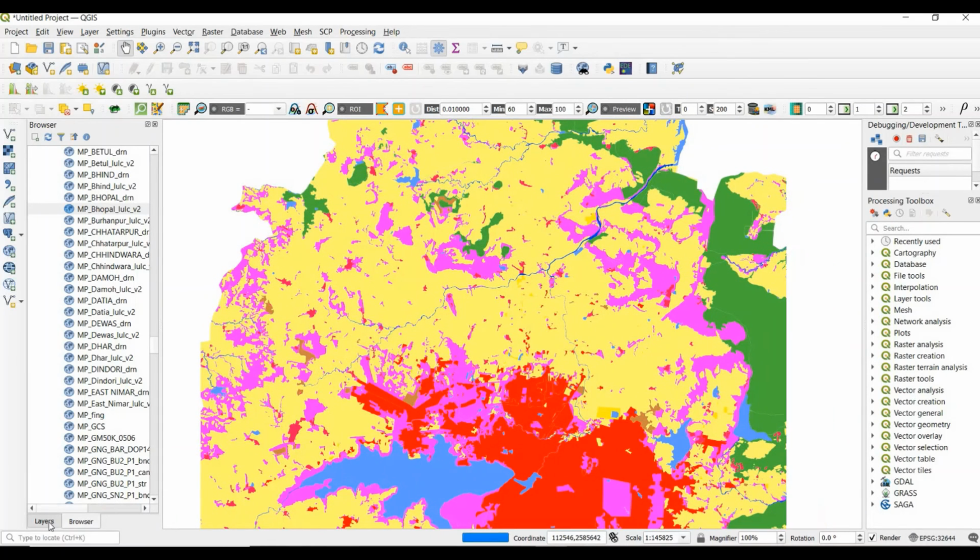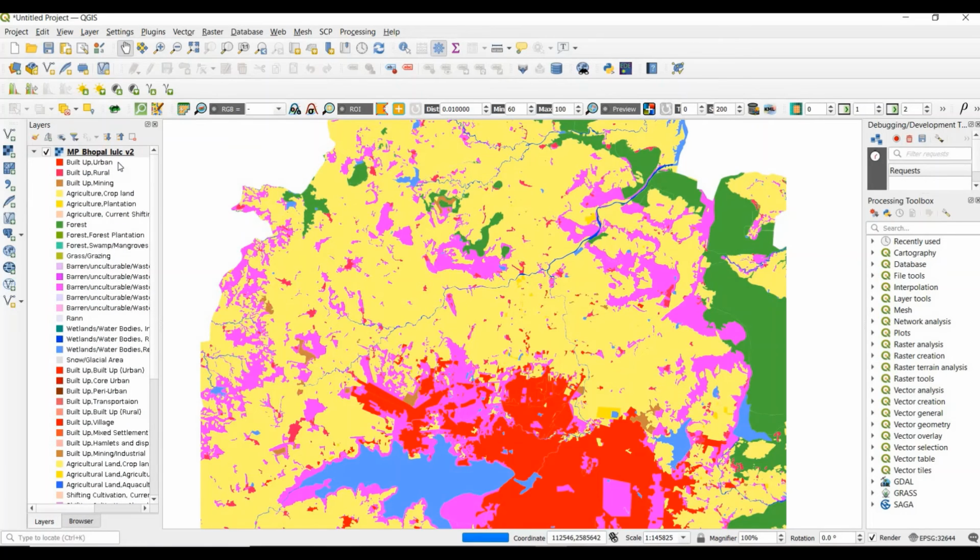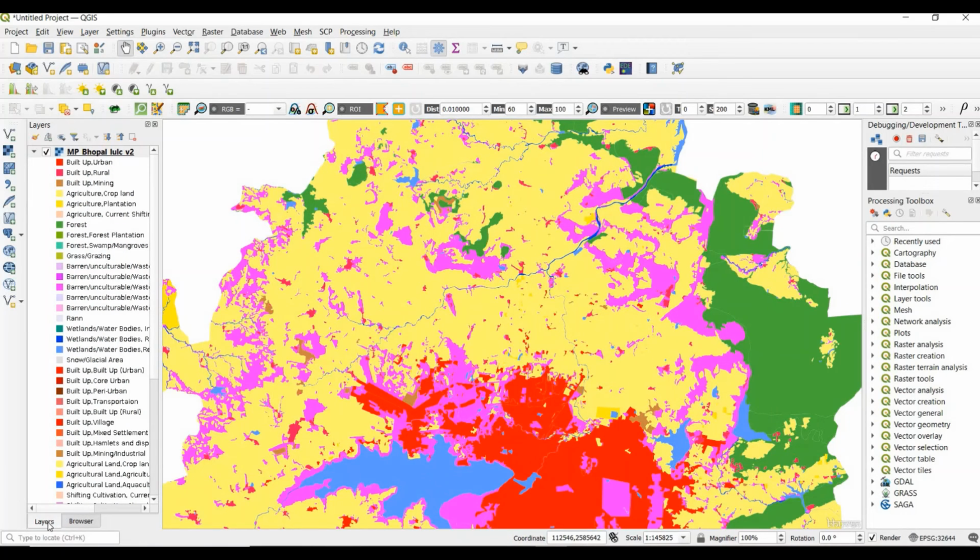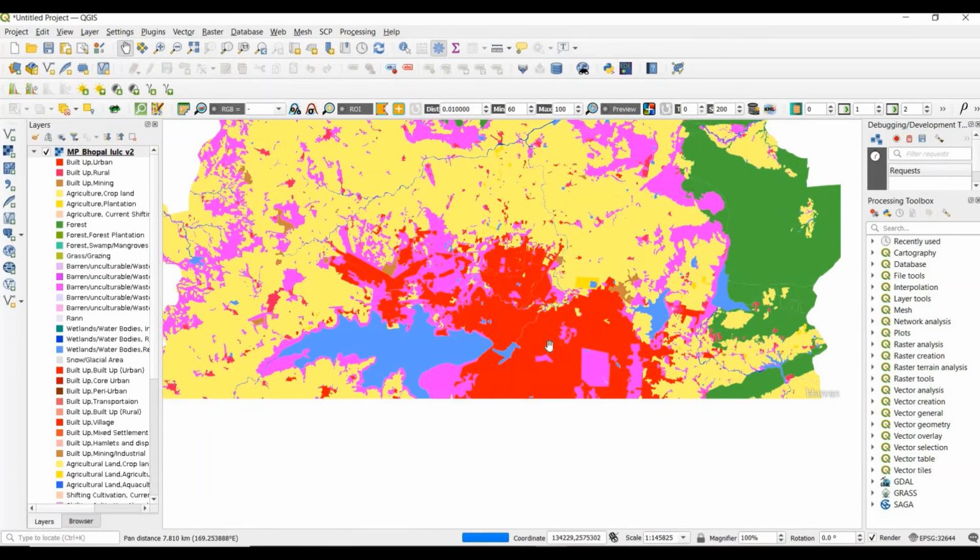If we add any layer, going to the layer option, we see the layer will appear here. This is the land use land cover classification data. That's why every color represents some type of classification. Red color is built up urban area, so this is the Bhopal area.